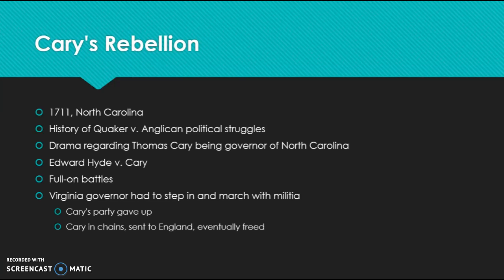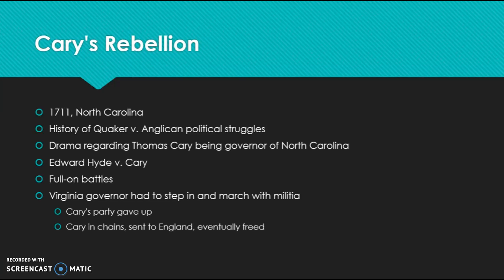So Hyde sends in an armed force to seize Carey and remove him from office, but Carey fled to his very well-armed home and prevented his seizure. Carey rallied his supporters. He declared himself the true governor of North Carolina. He somehow managed to acquire several armed sailing ships, so sailboats with essentially cannons on them. And he attacked Hyde's supporters' homes along the river. He attacked Hyde himself. But there was a mishap with one of the guns on the ship, which caused Carey's group to flee the area.